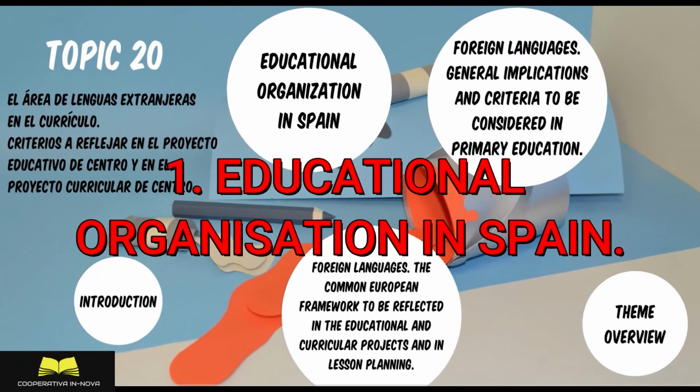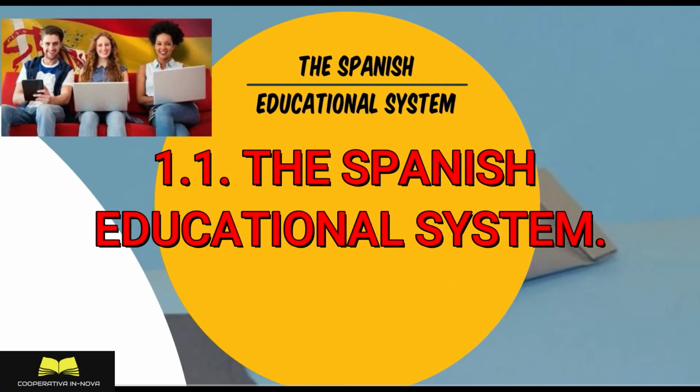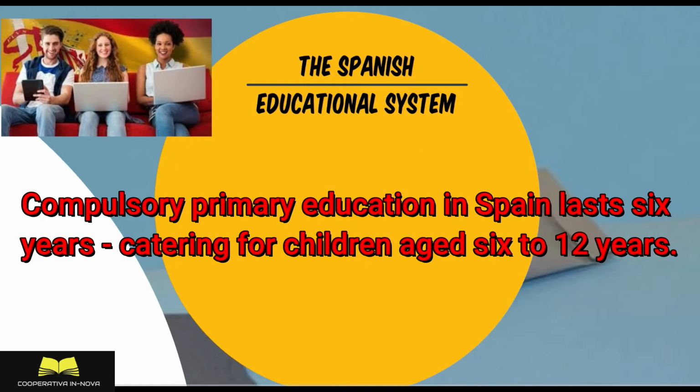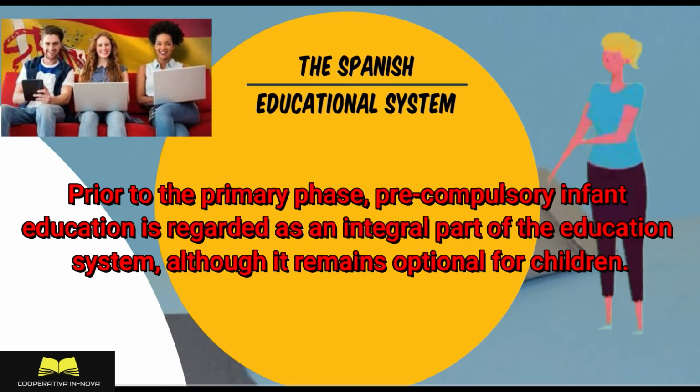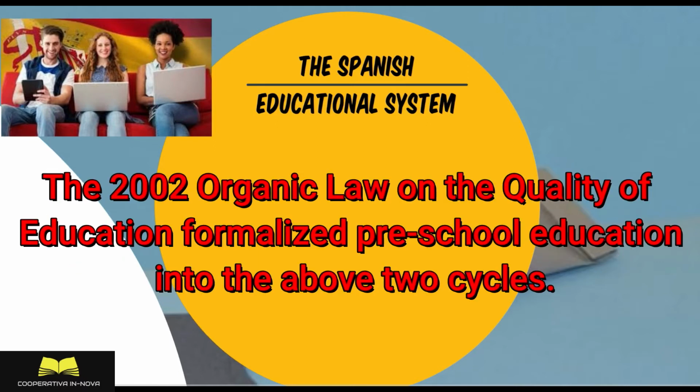1. Educational organization in Spain. 1.1 The Spanish educational system. Compulsory primary education in Spain lasts 6 years, catering for children aged 6 to 12 years. Prior to the primary phase, pre-compulsory infant education is regarded as an integral part of the education system, although it remains optional for children. The 2002 Organic Law on the Quality of Education formalized preschool education into the above two